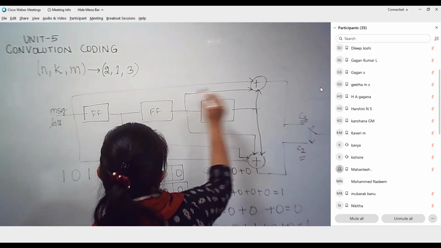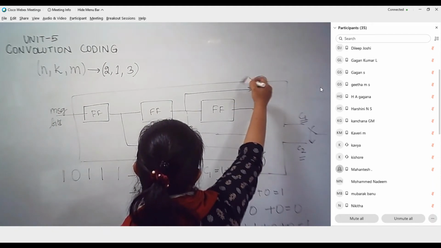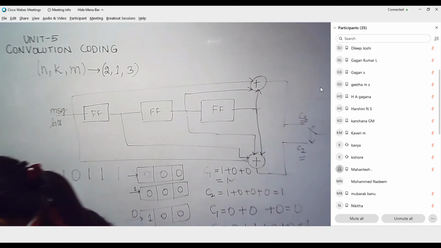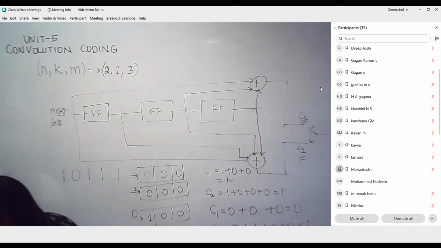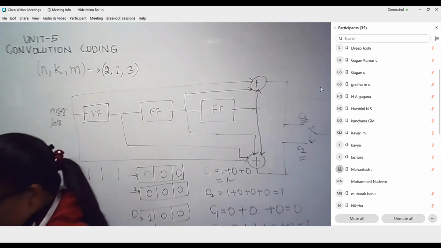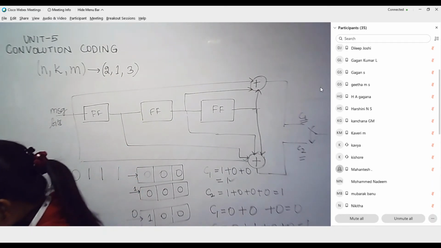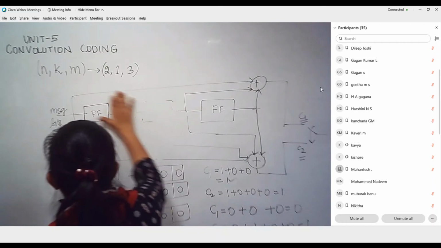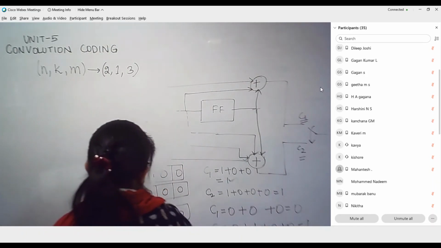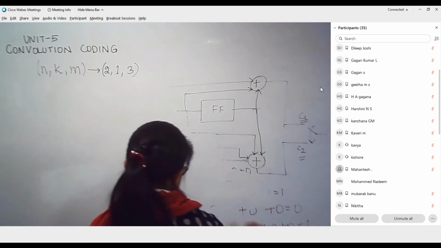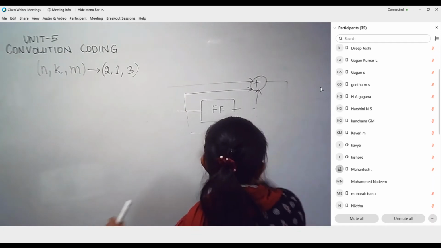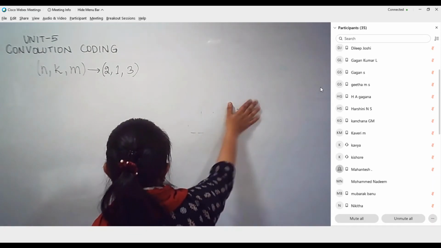G will correspond to the modulo 2 adder at the top and the modulo 2 adder at the bottom. So we can consider it that way also. This is basically a convolution that happens over here, so we can express this convolution process in terms of the digital convolution equation. We can even write this in a matrix form and then easily compute this.